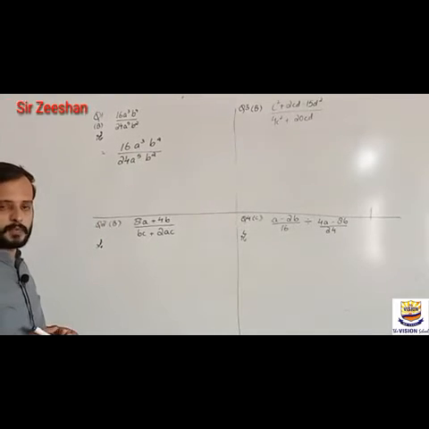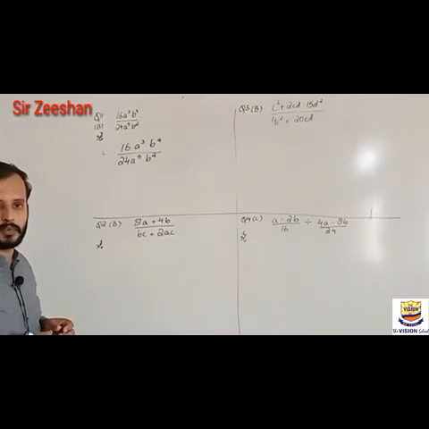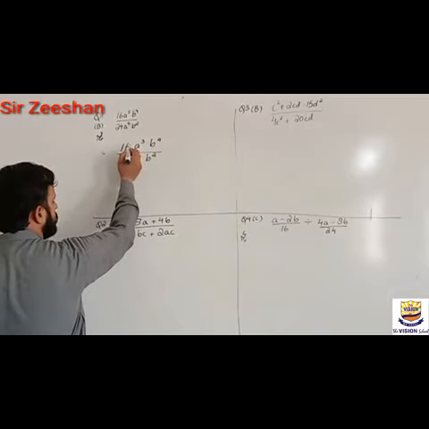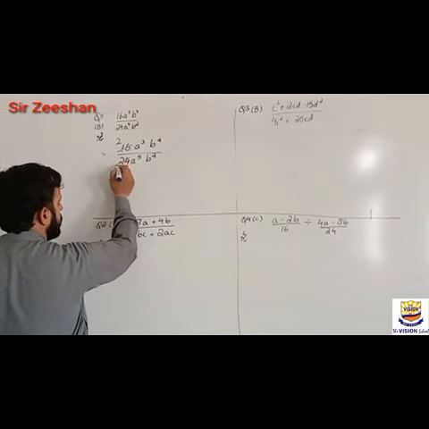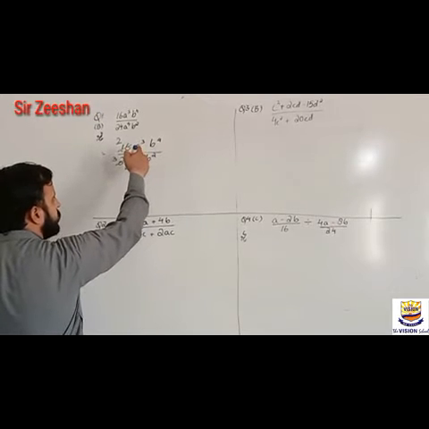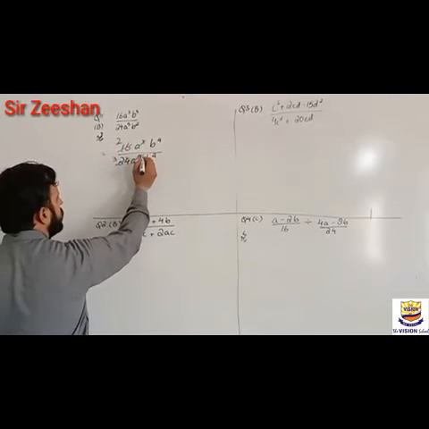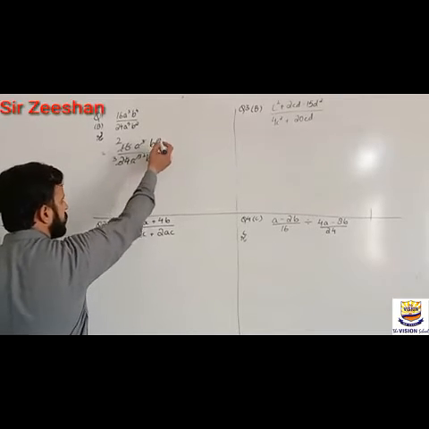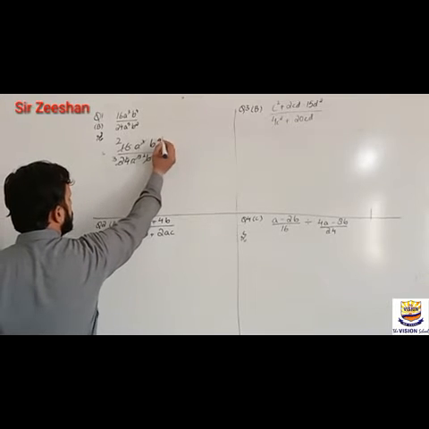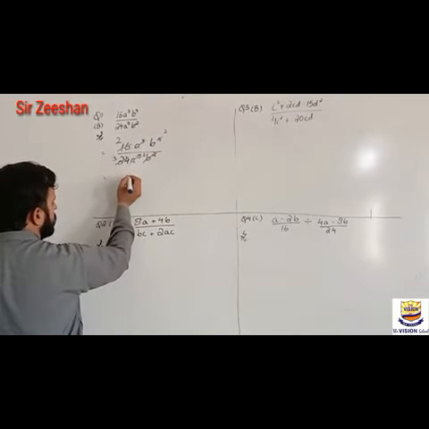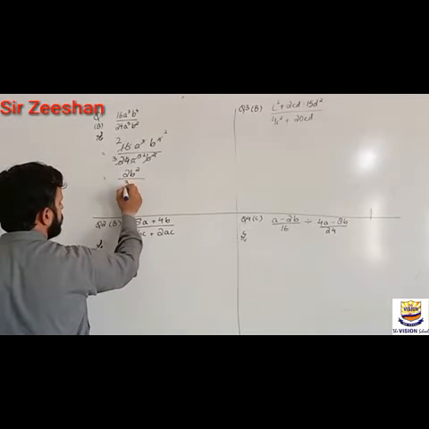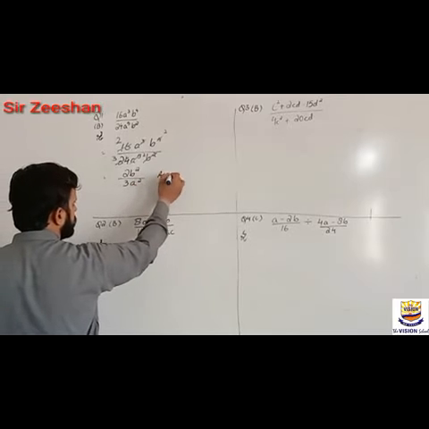Dear students, first of all, we will start with the coefficients and look for the common table for cancellation. If you look at both of these numbers, they can be cancelled with the table of 8. So 8 2s are 16 and 8 3s are 24. Here we have 5 a's, but here we have only 3. So we will cancel it and we will have only 2 remaining here. And in the numerator there are 4 b's and down here there are 2 b's, so we will cancel it and 2 will remain. So the answer directly that will remain here is 2b square upon 3a square. This is your answer.